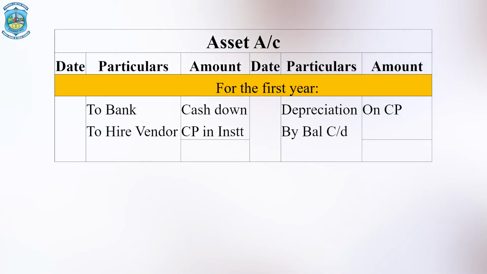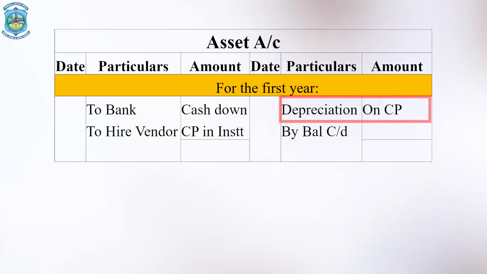Remember, only with the cash price included in the first installment, not the total hire purchase price of that particular installment. As soon as this amount has become due and has been recorded on the debit side as to hire vendor, you need to record depreciation, because at the end of the year the depreciation is charged on the asset. Now, again a catch. This depreciation will always be calculated on the entire cash price of the asset, the total aggregate cash price of the asset, not the part which the purchaser has paid till date.